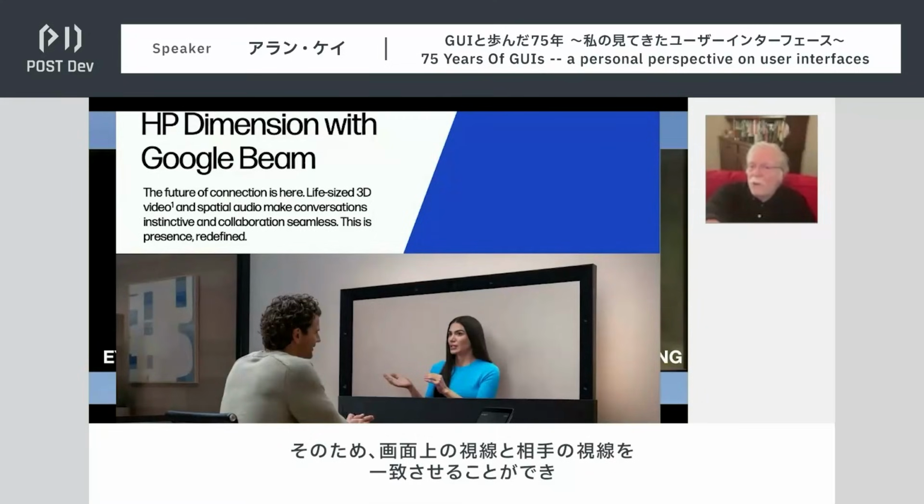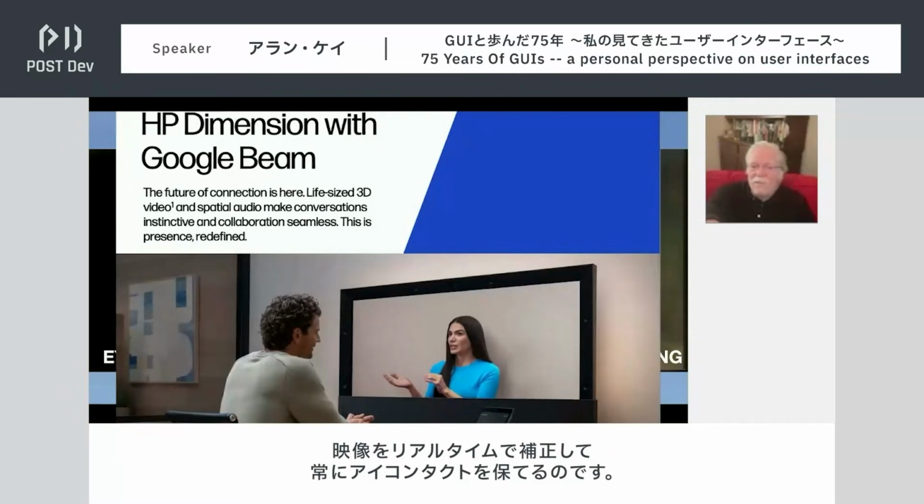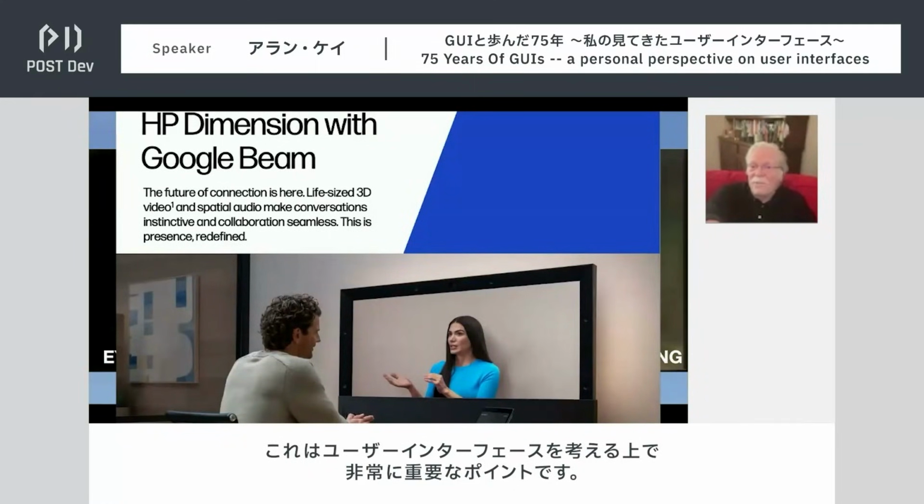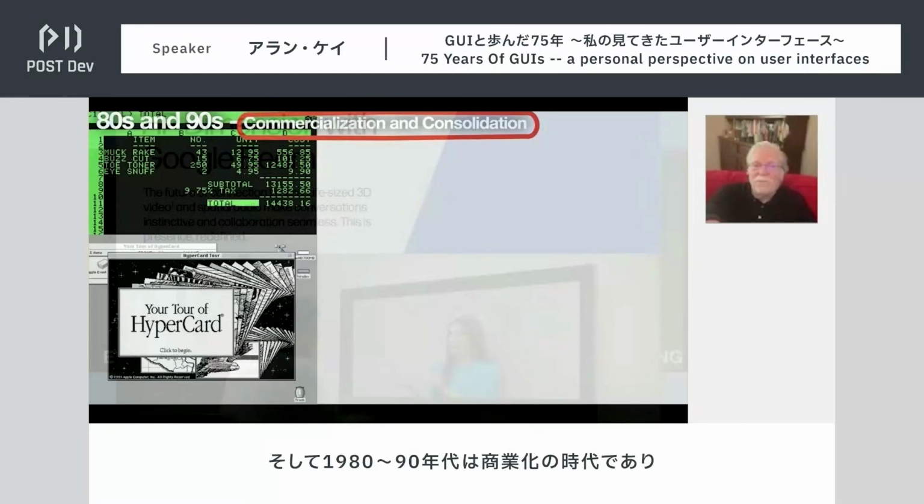And so it can match up the person's gaze on the screen to the person looking at the screen. So it's modifying the image on the fly to make sure that they're always having eye contact. And this allows them to go into deeper matters than without it. So this is an important thing to think about when you're doing user interface.